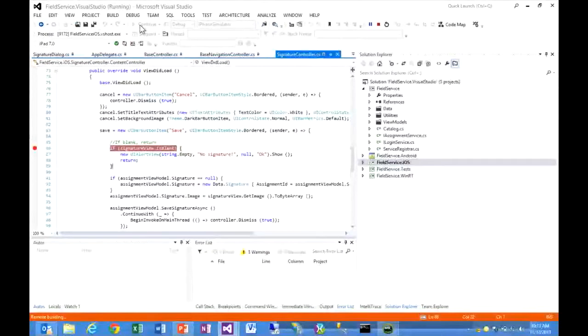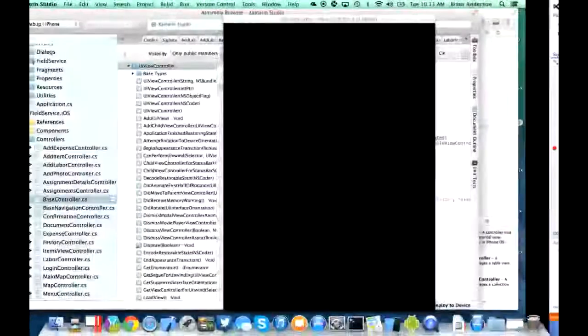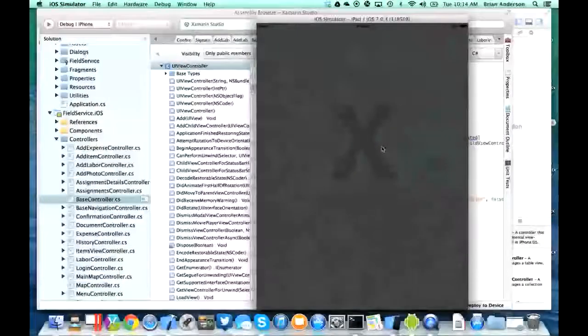And you'll notice down here in the corner it says remote building. So it's building it, and then it's pushing the code over to the Mac, and then it finishes the build there, deploys it to the application, sets up a debug session, and then it will basically push me over to here to run in the iOS simulator.